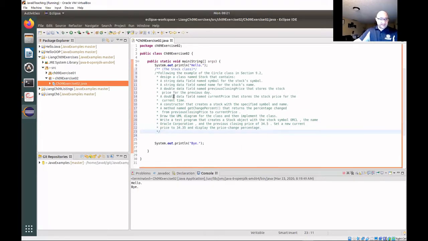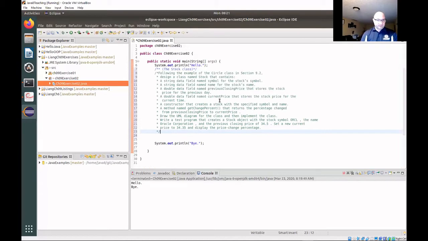Okay, let's read through this one more time. So it's got a whole lot of stuff that it would like us to do inside the class that we're designing. The way I like to program, I like to have something in the main method that I can just run, and I can instantly get feedback whether or not it's doing what it's supposed to do. So it says, write a test program that creates a stock object with a stock symbol, Oracle. Okay,